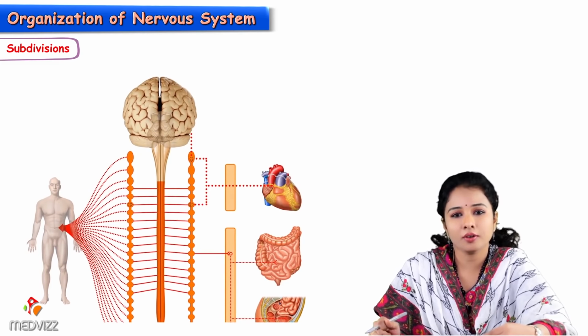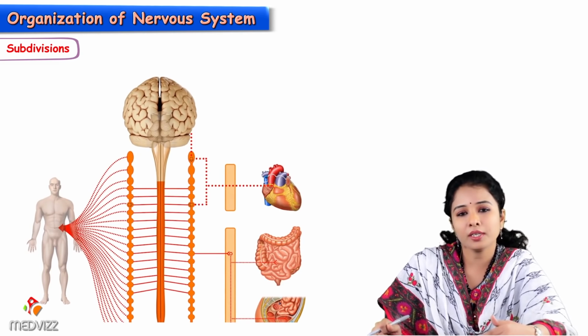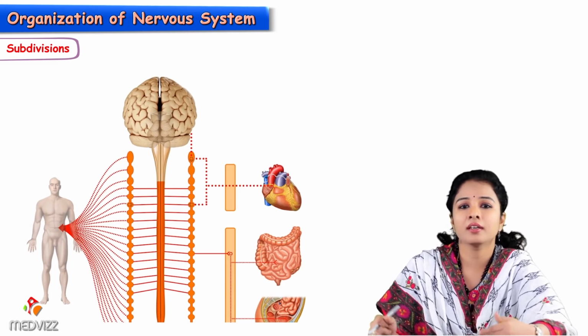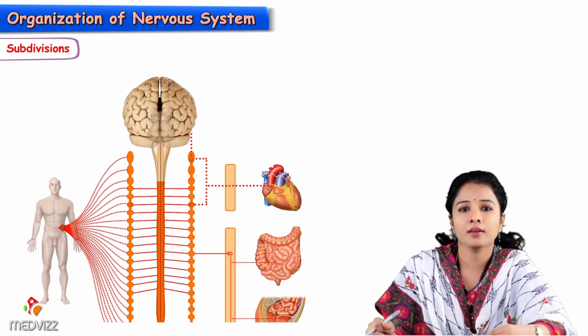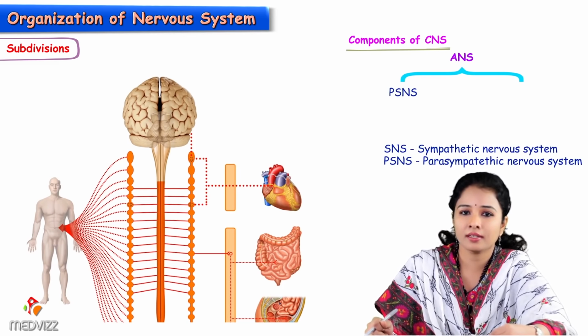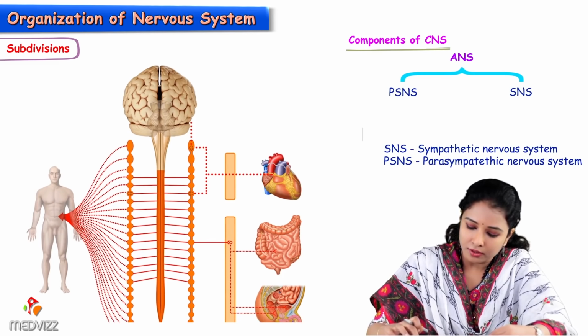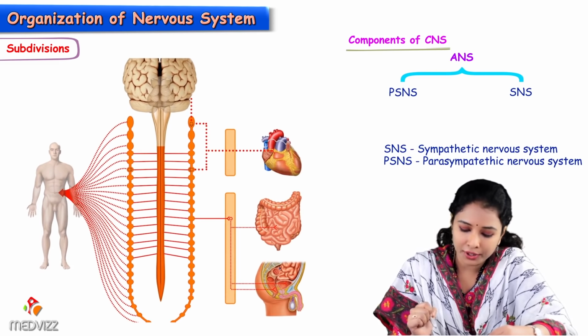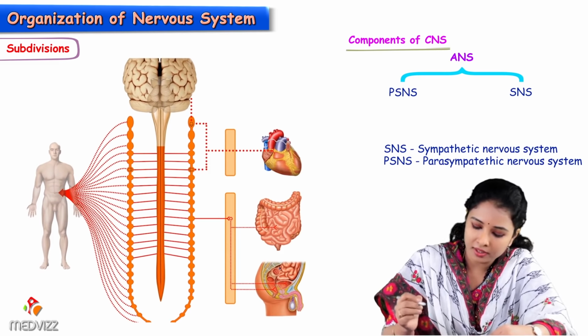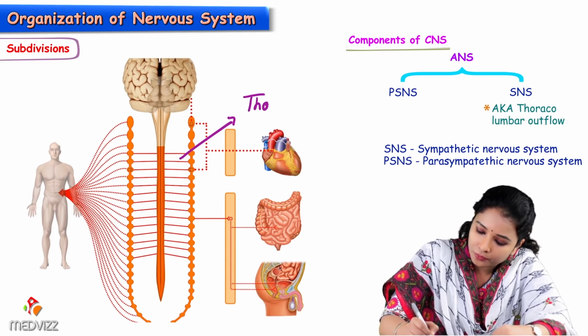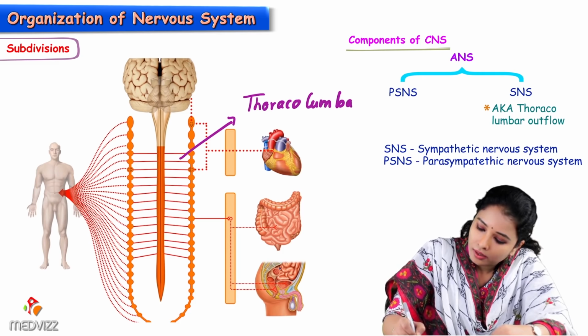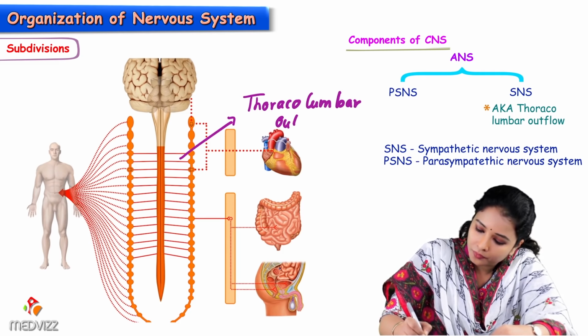Here is the autonomic nervous system. Autonomic nervous system further can be classified into two parts. One is the parasympathetic, the other is the sympathetic. So this is the sympathetic component of autonomic nervous system. The sympathetic component is also called as thoraco-lumbar outflow. Thoraco-lumbar outflow,